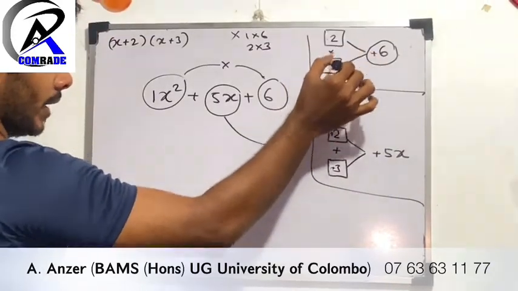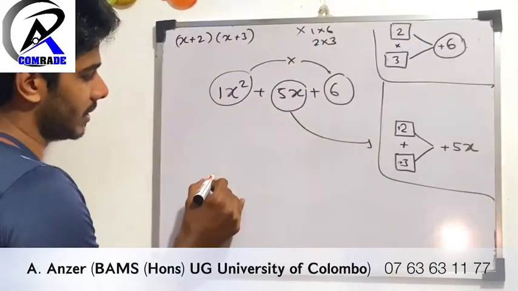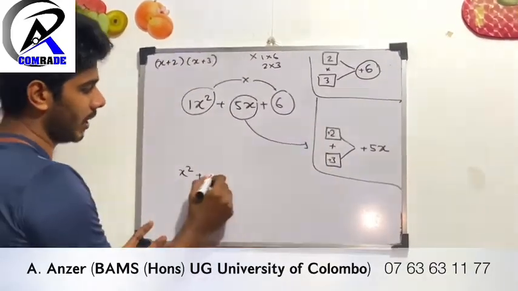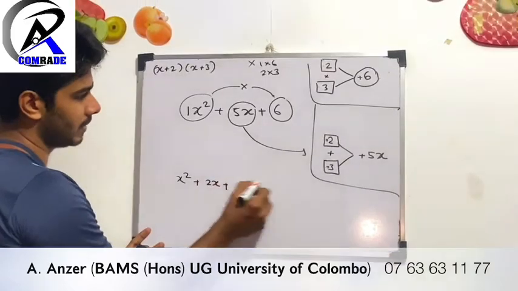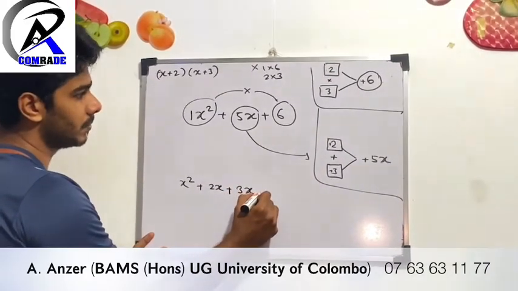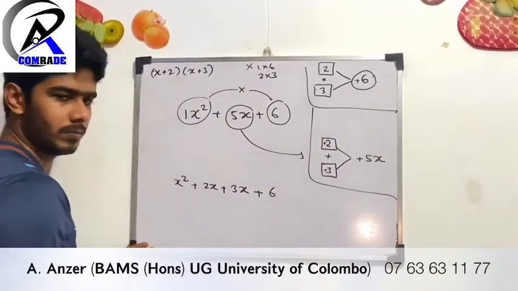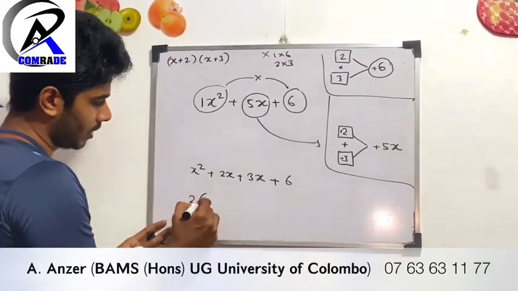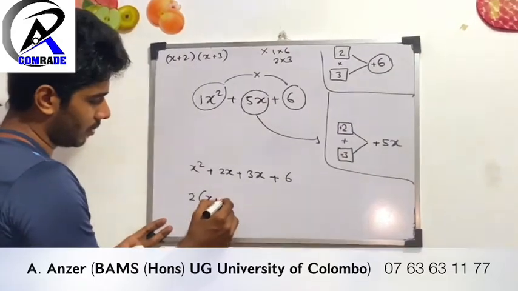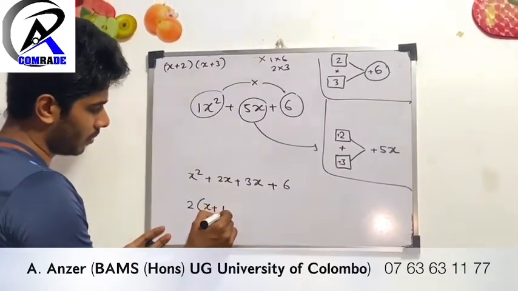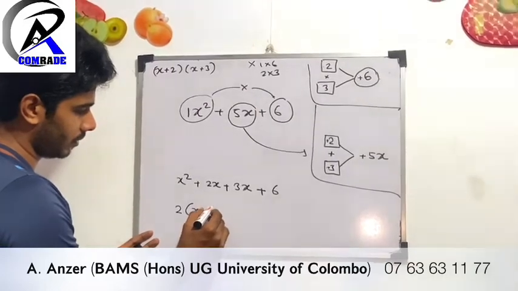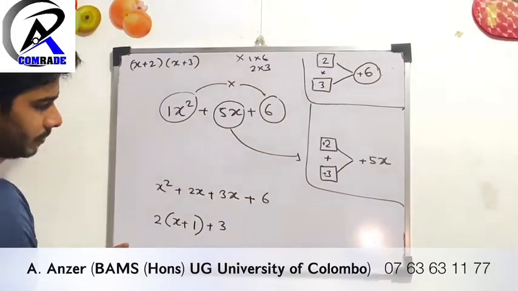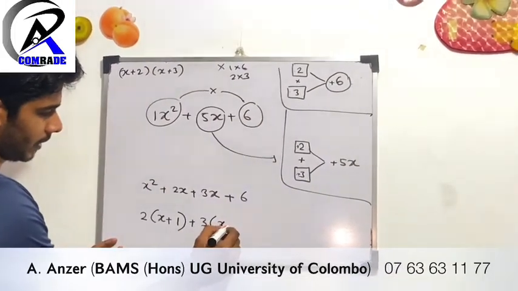You can take 2 and 3 is there. Right? Just write as usual, x squared, 1 is there. Okay? Without 5x, you have to write 2x plus 3x plus this 6. And then what you have to do, take 2 out, x plus 1, right, plus take 3 out, right, x plus, sorry,